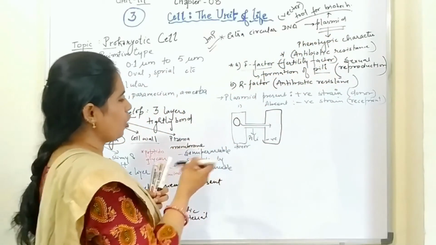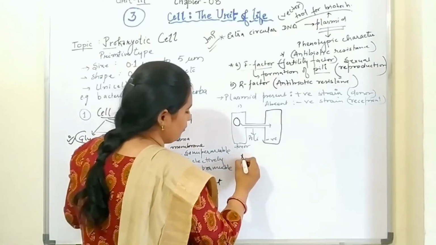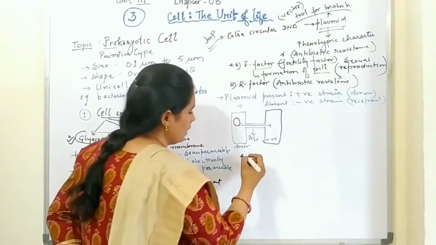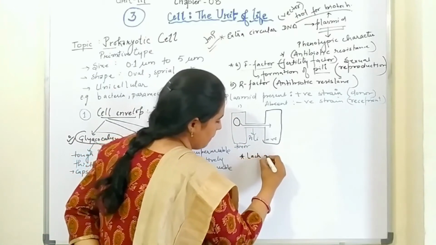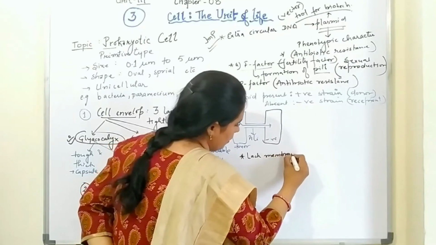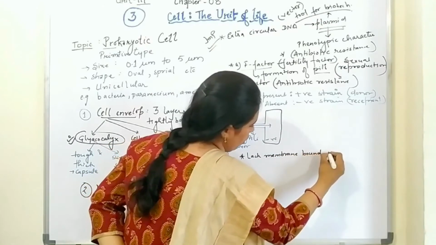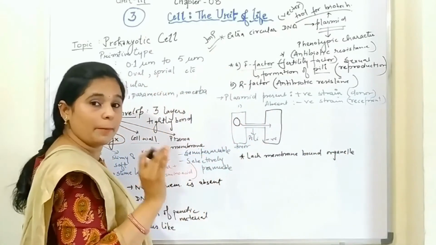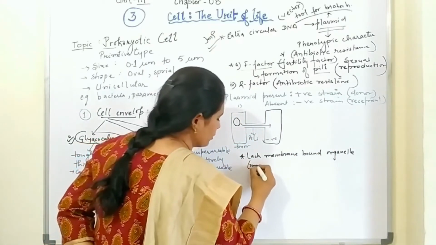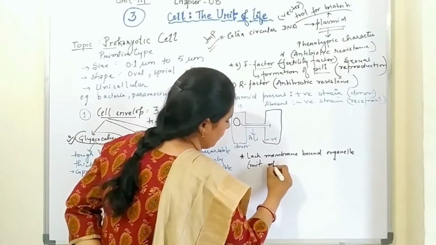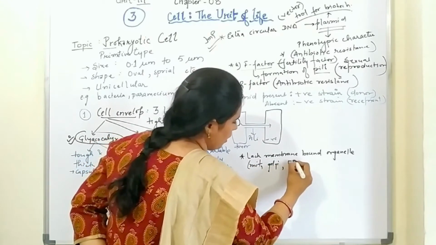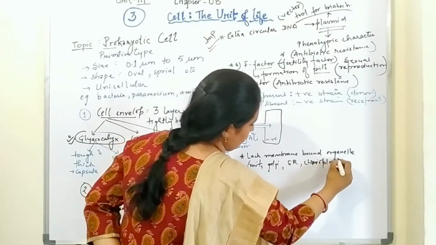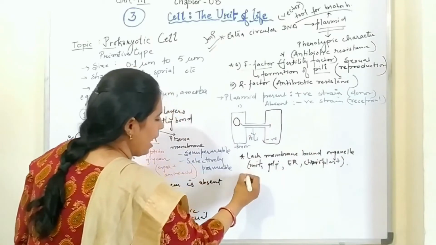Now if you will observe, I have told you in the introduction also, prokaryotic cells lack membrane bound organelles. Fine. So they are not having membrane bound organelles like mitochondria, Golgi apparatus, ER, chloroplast, etc. Okay. Now, have you observed